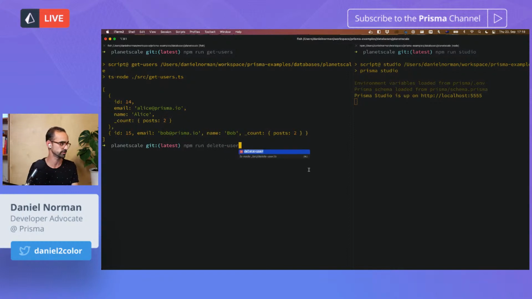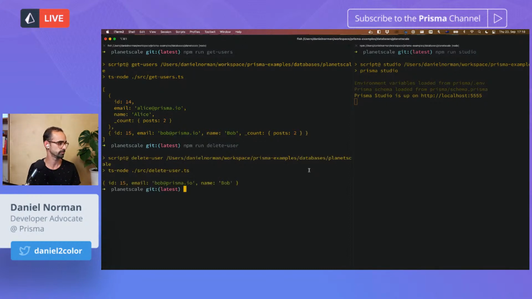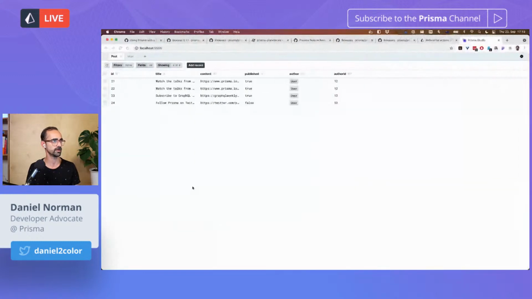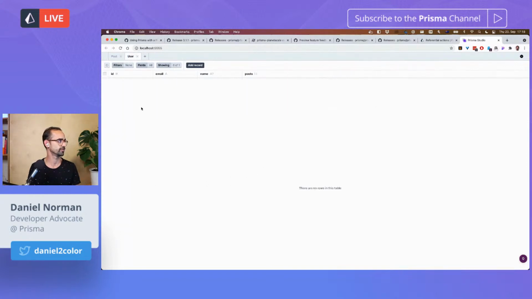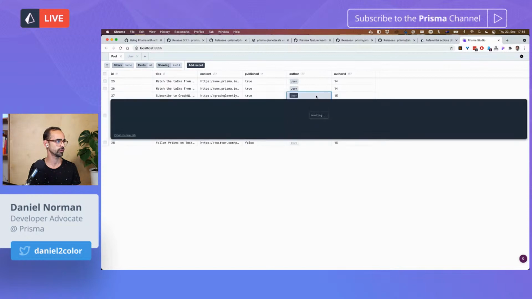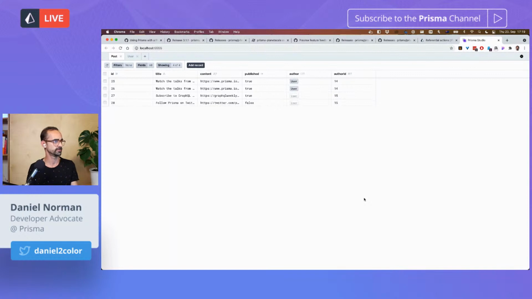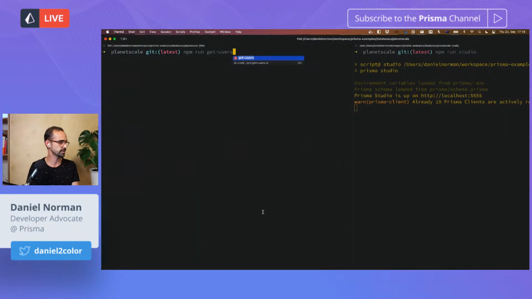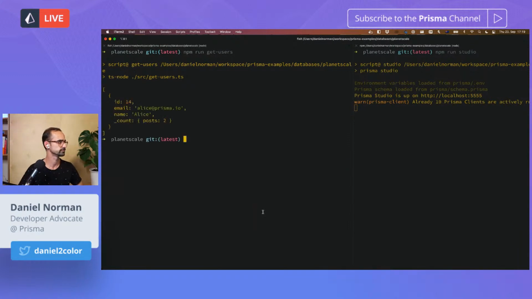And now when I delete one of the users, let's see what happens to the posts. And so the user was deleted. And now if I go back to Prisma Studio and I reload it, we can see that we have one user, Alice, that wasn't deleted. And then we have 4 blog posts. But these 2 blog posts do not have a foreign key. And let's also look at the find users, get users. And there we have it. So we have Alice with 2 posts.